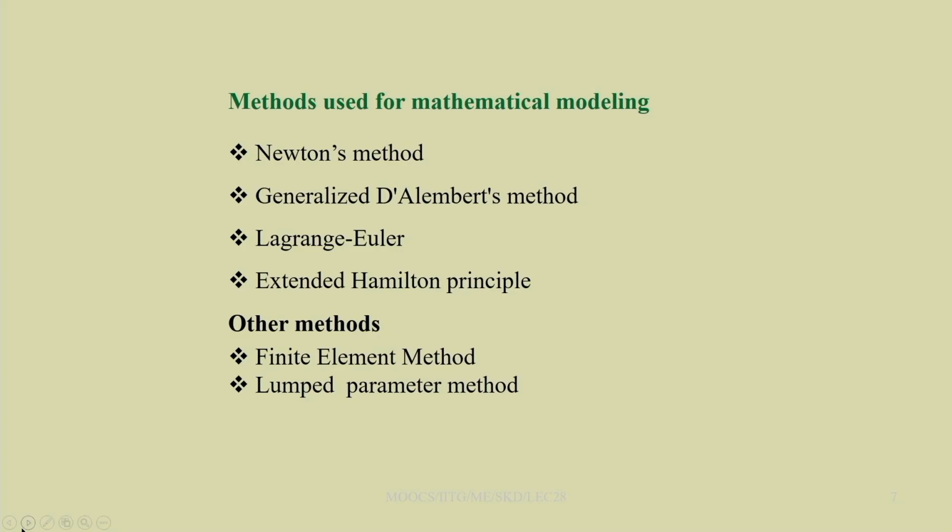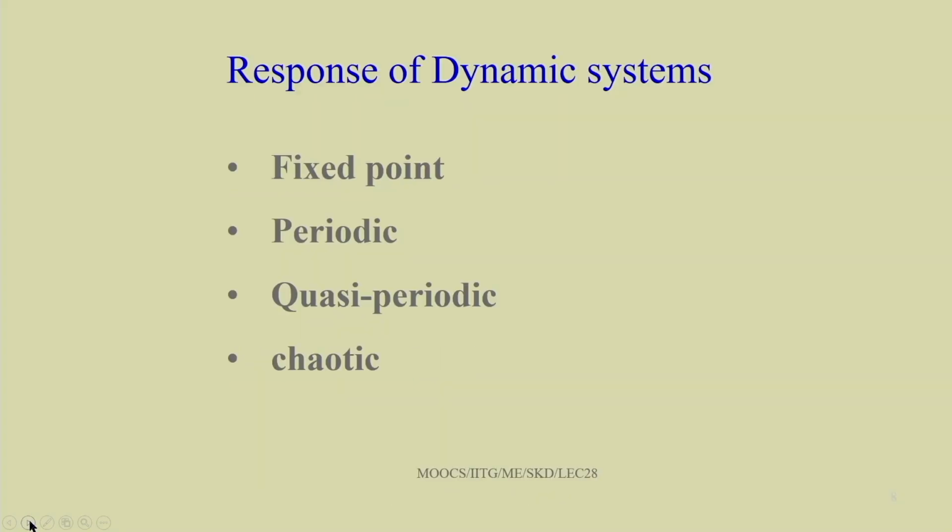These are for systems with fixed coordinate frames. If the coordinate frames are moving, for example in the case of a robotic system, we have to go for the Lagrange-Euler formulation or the Newton-Euler formulation, and we can derive the equation of motion. And for a large structure, generally finite element methods are used, where it can be reduced to lumped parameter models also. We will see all these applications in the models we are going to study.